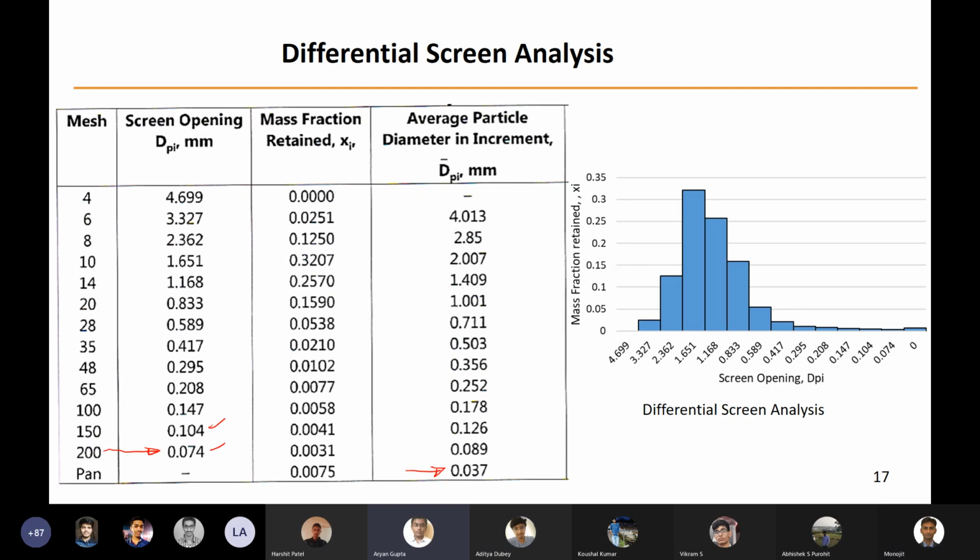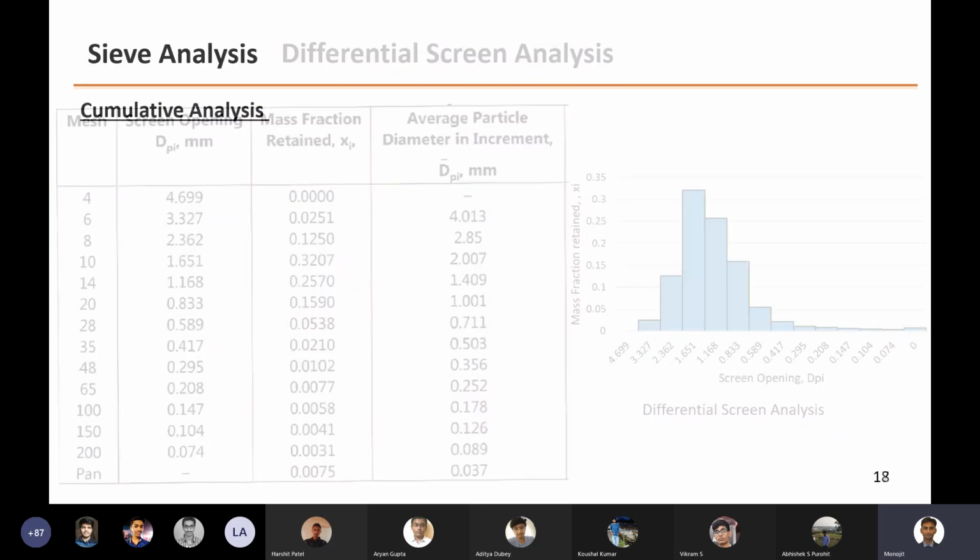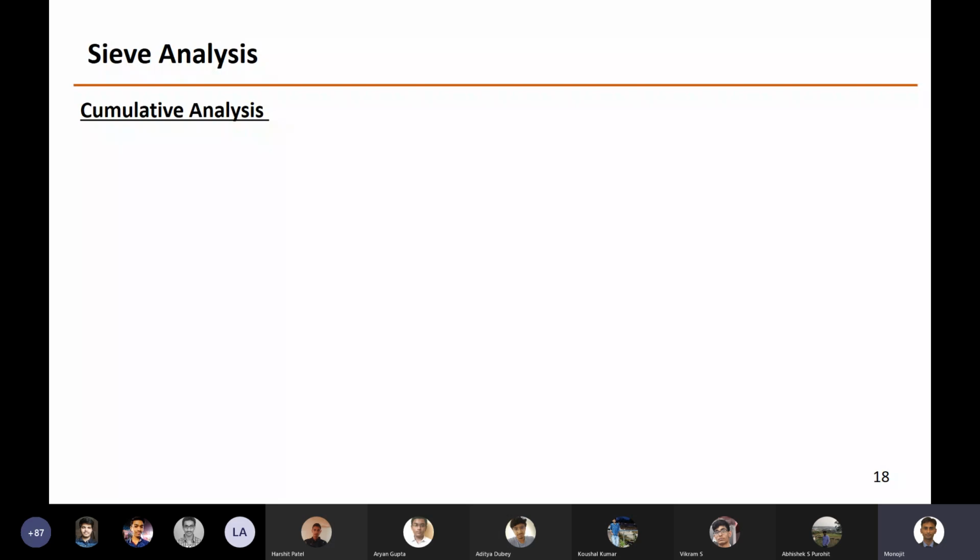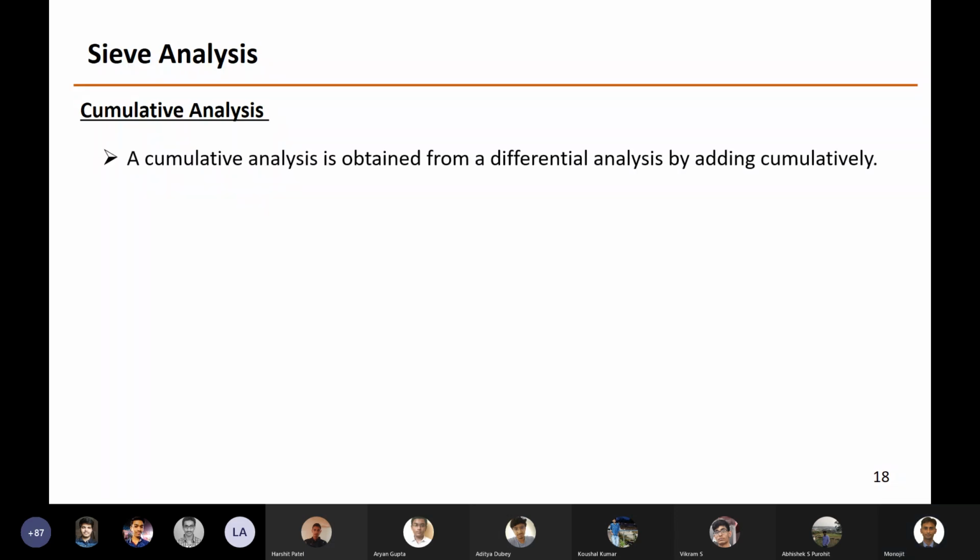Yes. So can you understand where I'm going right now? Because if my requirement is something like that, which is the more general requirement, then we need to go for a different type of analysis, and that is known as cumulative analysis. Cumulative analysis is nothing but adding up all the differential fractions, right? But there is a standard of doing this cumulative analysis. That is what we will do now. So the second one is cumulative analysis, and the purpose I told you already. If that is the requirement, then the cumulative analysis will directly give you this number. I'll show you one example also.